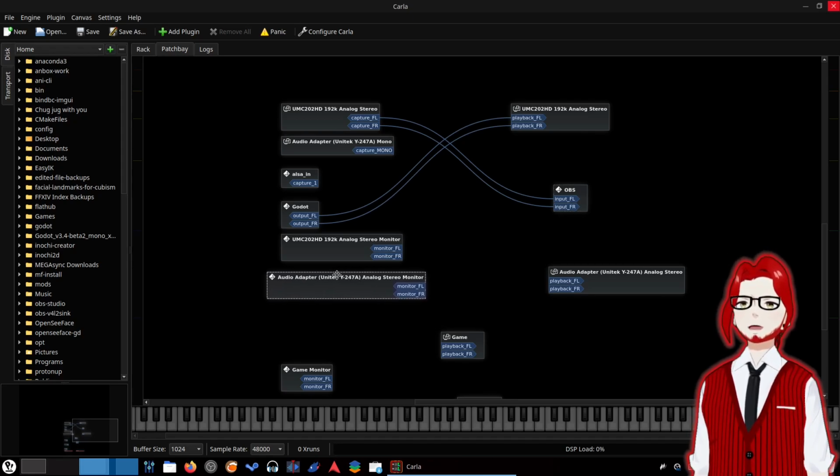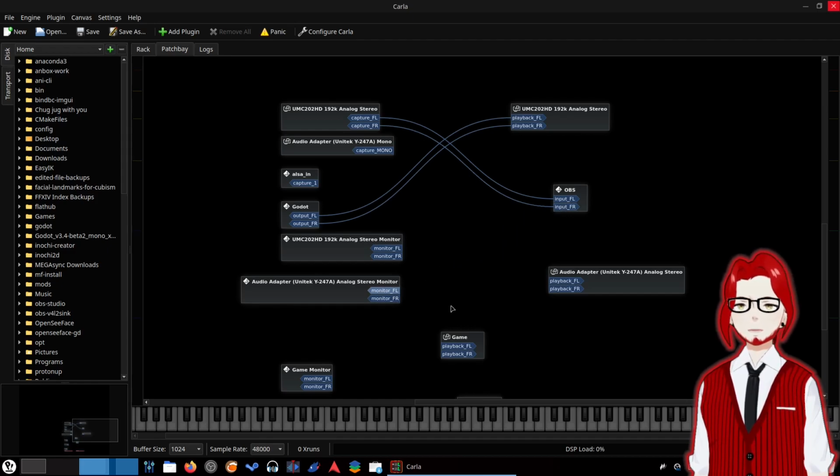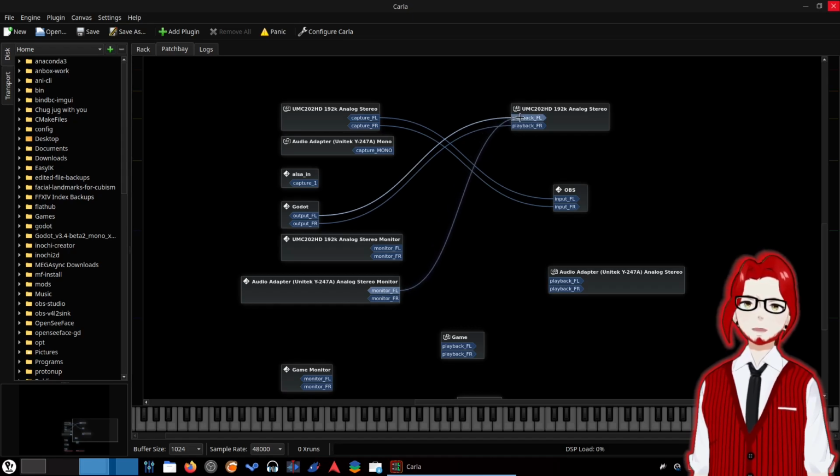The way that Carla works to manage PipeWire is that you take these little connection points. So like, for example, this is my little USB aux cable adapter, and you just drag and connect that to certain things. I'm not going to actually connect it because I don't want to plug that in, but you can drag stuff and you can connect it to whatever source you want. Typically you want to connect left to left and right to right, and it's really nice.